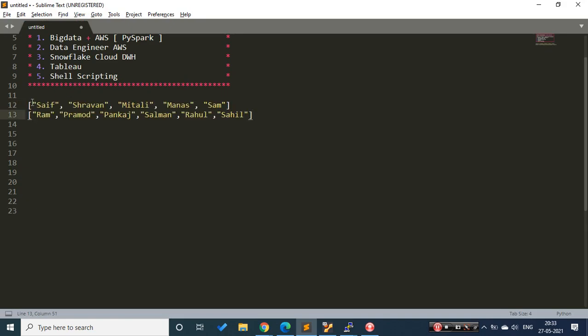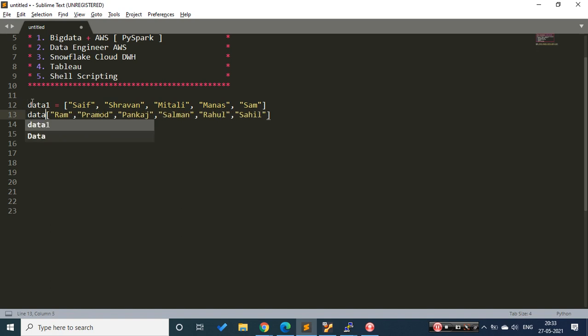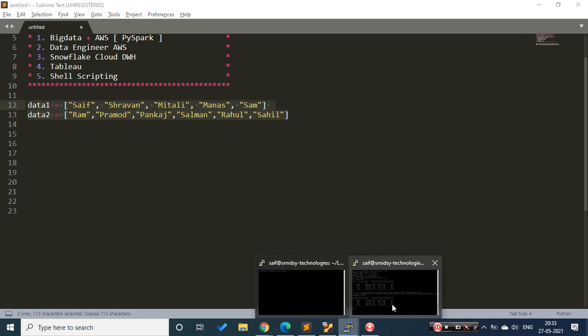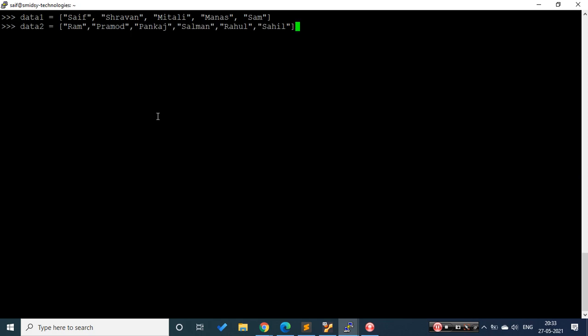Now let's say this is my data 1, and this is my data 2. These are the data sets which I am trying to create.